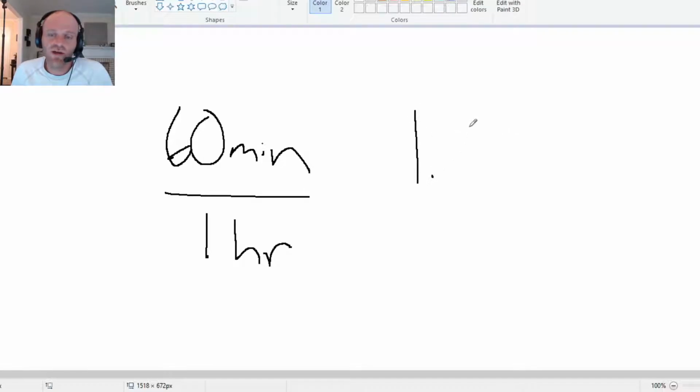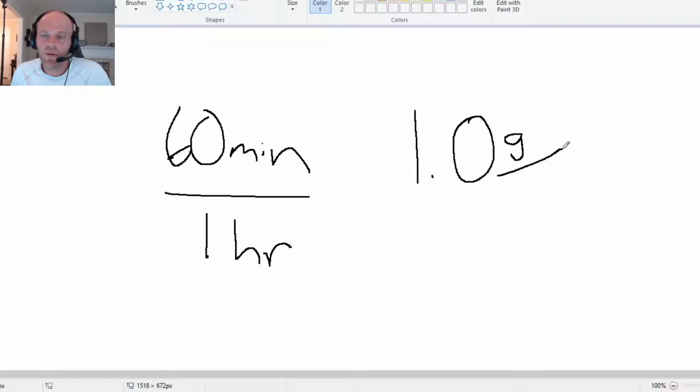So water has a density of 1.0 grams per milliliter. What does that mean? That means if I have 1 milliliter of water, right? 1 milliliter of water will weigh exactly 1 gram. All right. So that's what density is telling you. It's telling you how much weight per milliliter, or how much weight per any unit of volume,